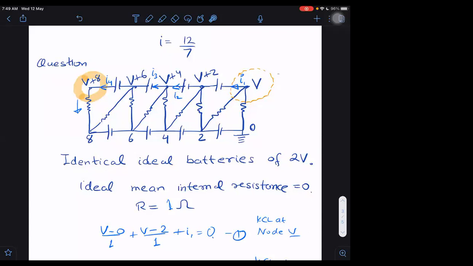Sometimes we don't get ideas. We are not able to do it by one equation, but then also we can get the answer. How to do it by one equation now? Any ideas? Now at least you think. KVL, sir. Sir, still KCL at V plus 8. KCL at V plus 8 is a single branch, single current. Whatever is the current through the resistor, that current will be flowing in the upper branch or not?